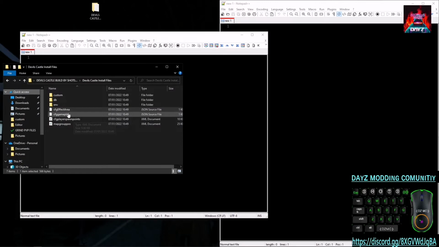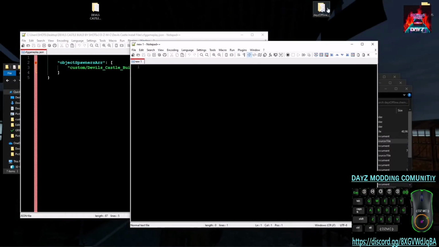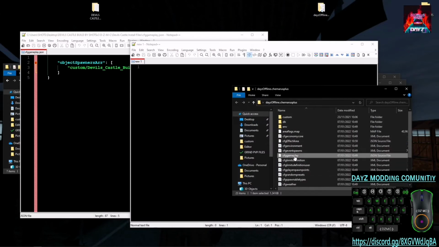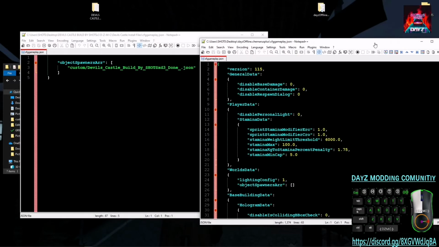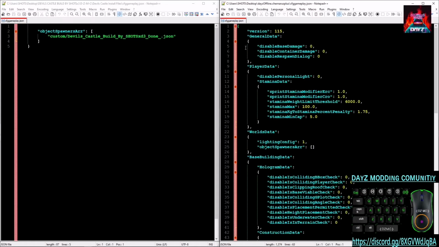So now we've done that, we've now got to add our gameplay.json name. So we're going to open up our gameplay.json, and we're going to open up the gameplay.json within my zip files. And what you're going to notice here is the part called object spawner. Now this is to add custom files into your DayZ server. This is what's needed. So what you're going to do here is you're just going to go over here and copy this,